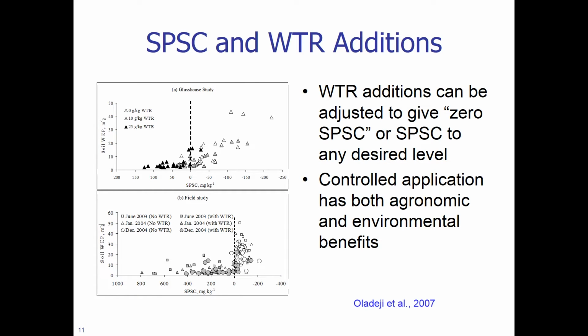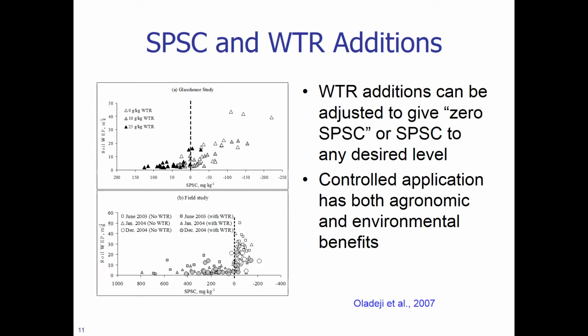Now we look into SPSC and water treatment additions. Water treatment additions can be adjusted to give 0 SPSC or SPSC to a desired level. Controlled application has both agronomic and environmental benefits. If you look at the figure, the top figure is a glasshouse study, and the second figure is a field